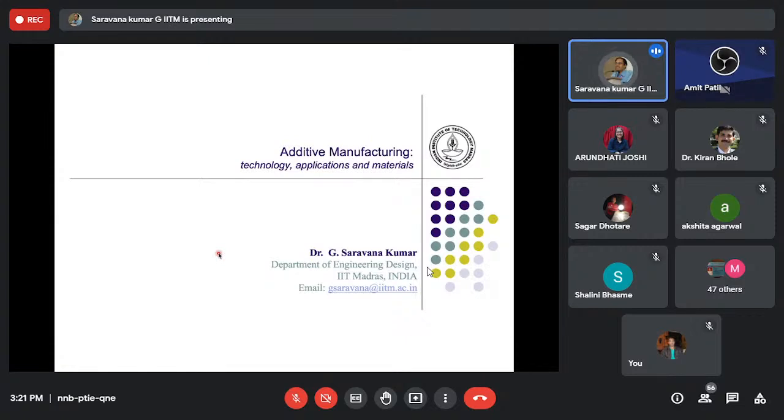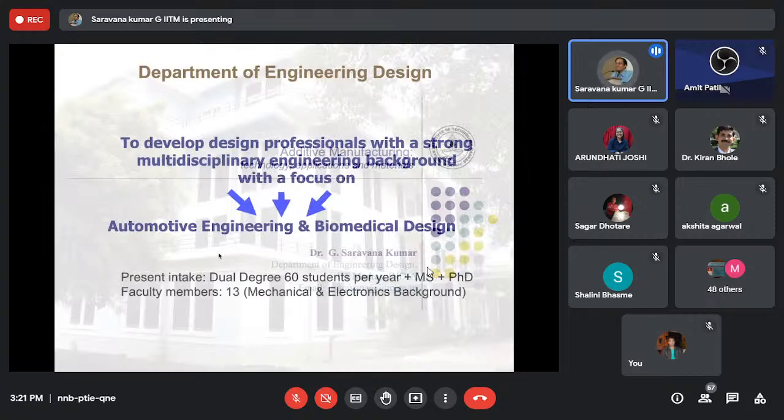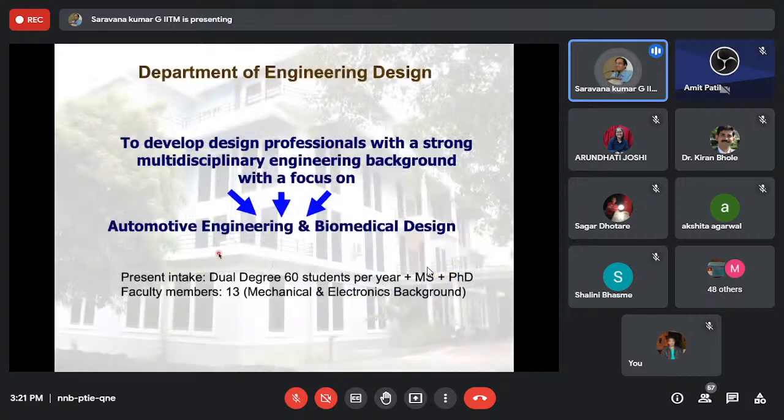As we have been informed, I am from IIT Madras, from the Department of Engineering Design. We are a small group of faculty from an interdisciplinary domain of mechanical and electrical predominantly, and we work in the domain of automotive engineering and biomedical design. We have a dual degree program, MTech engineering design, where the students specialize either in automotive engineering or biomedical design.